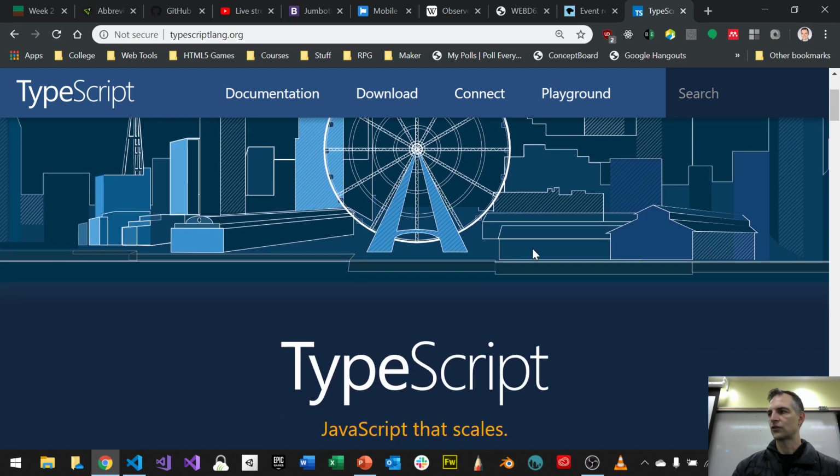TypeScript is like an extended version of JavaScript. ECMAScript 6, this is the latest version of JavaScript, or ECMAScript 2020 now. That's coming up, the new version of JavaScript. It has more features than the old version of JavaScript, ECMAScript 2015. In fact, it was called ES3. That was the older version back in the early 2000s. ES5